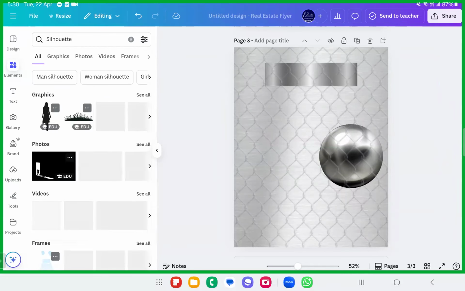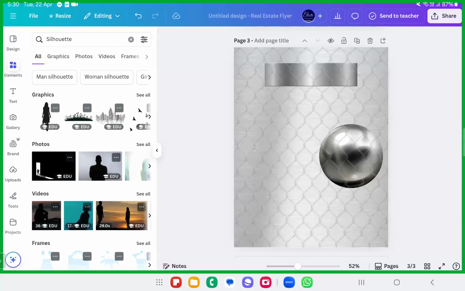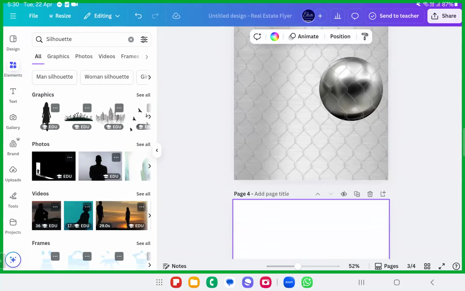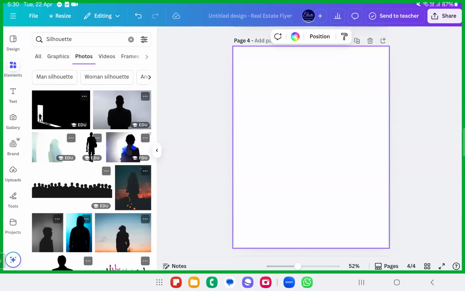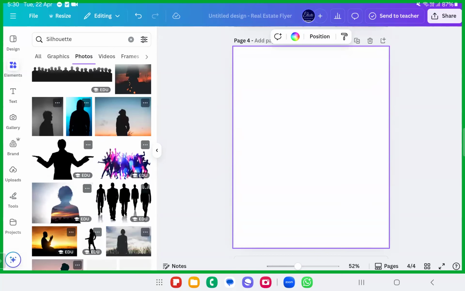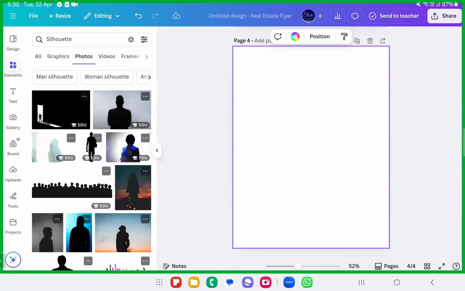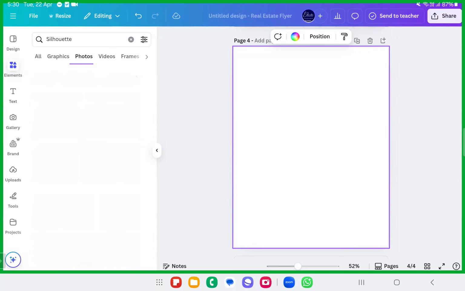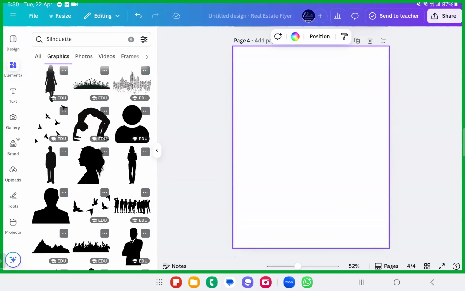Silhouette, fine? Silhouette is nothing but a kind of shadow feel for things. If you want man silhouette or tree silhouette, you can go ahead with those topics. You can just go ahead with photos and see. These photos would be helpful. Man silhouette, if you want something like graphics on the silhouette, you will get it, right? Something like this.